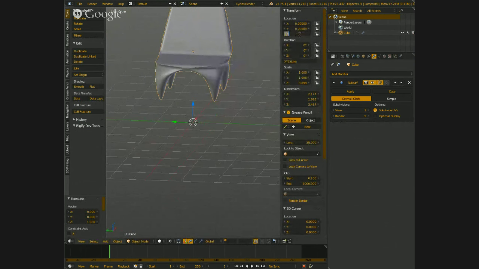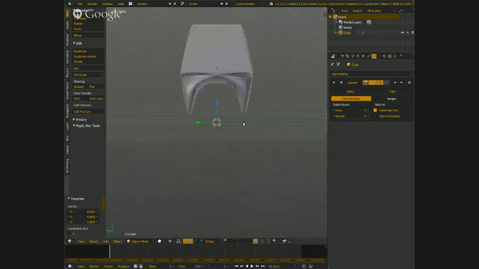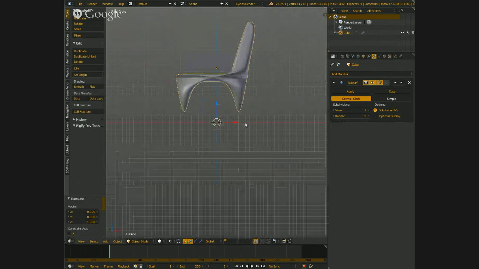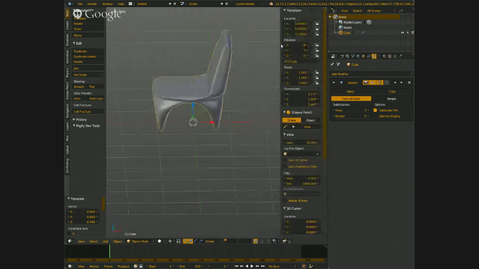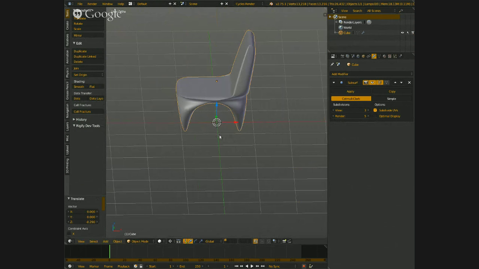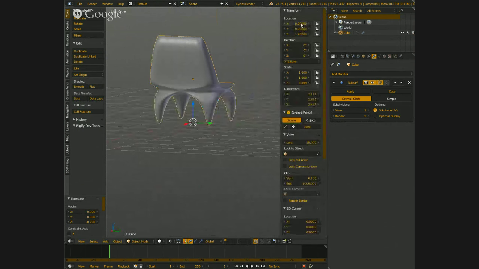Trying to pull this down, 1.5. Pull this down so that it's sitting right on the ground here. We want it nice on the ground. That's nice. So if you have the location settings to x1, y1, and z1.2, and then the scale is x1,